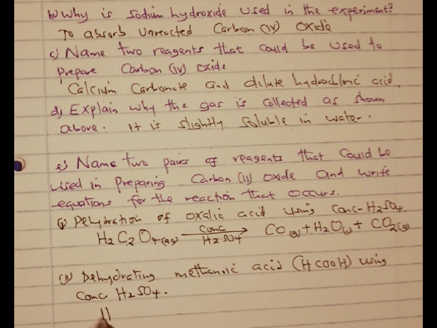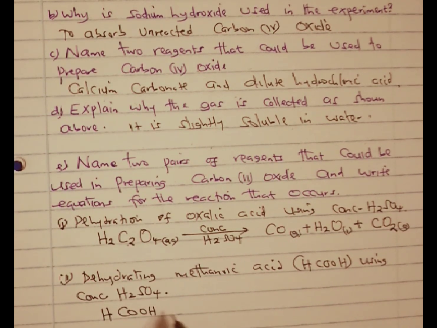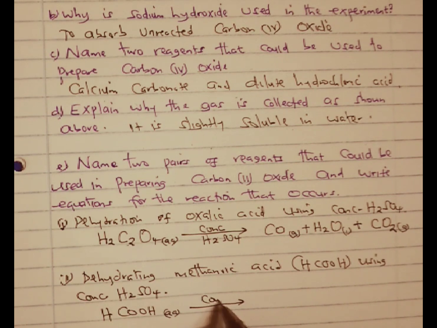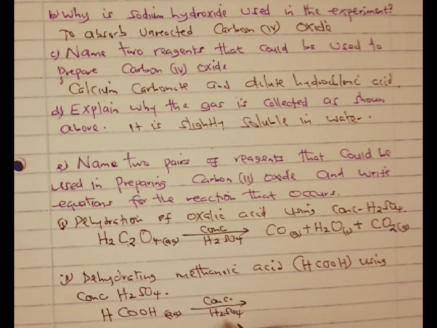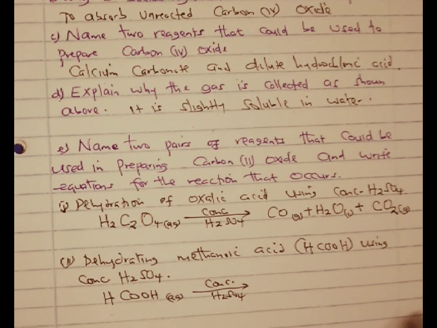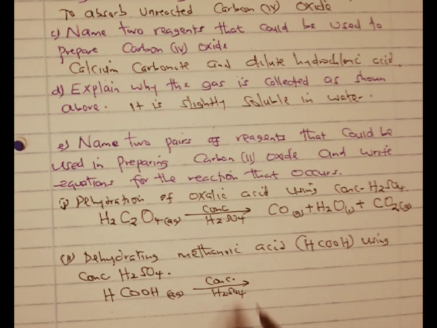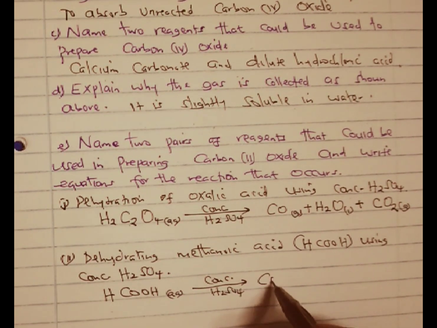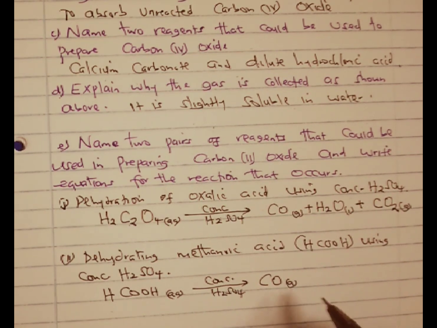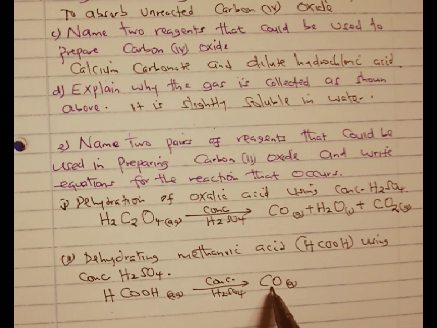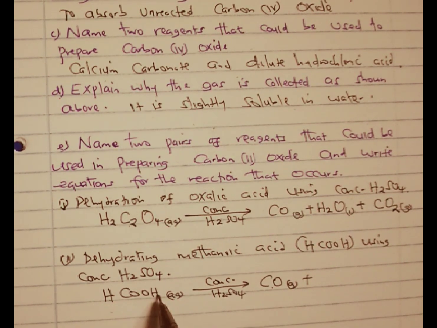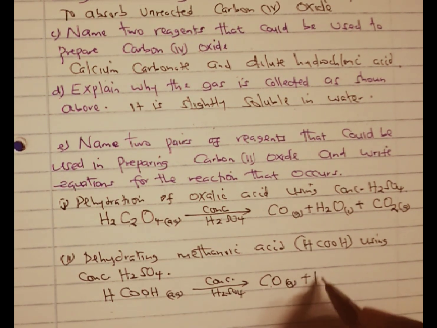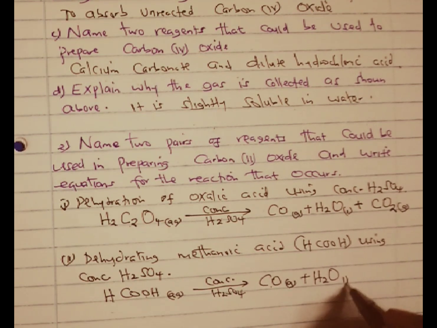If we take methanoic acid, we dehydrate it using concentrated sulfuric acid. Remember, the work of concentrated sulfuric acid is to remove water elements, and therefore with the removal of water elements we remain with carbon 2 oxide, and therefore what remains is 2 hydrogen atoms and 1 oxygen, which form water